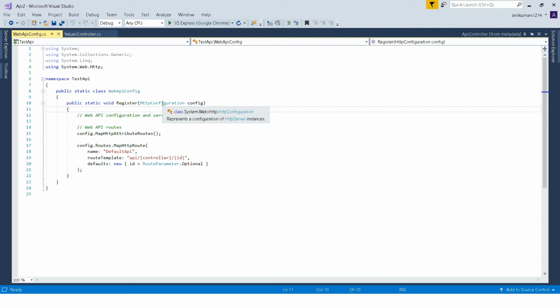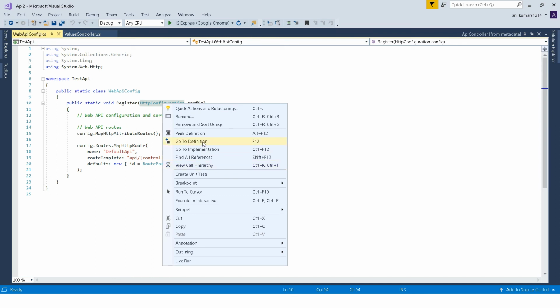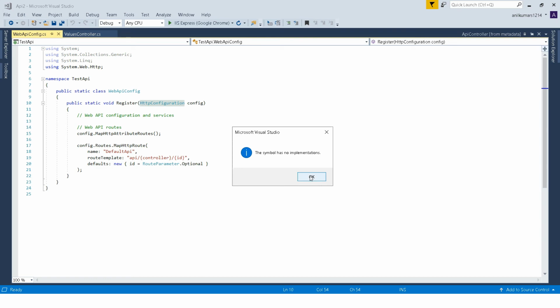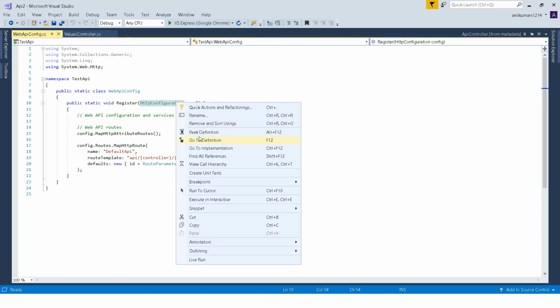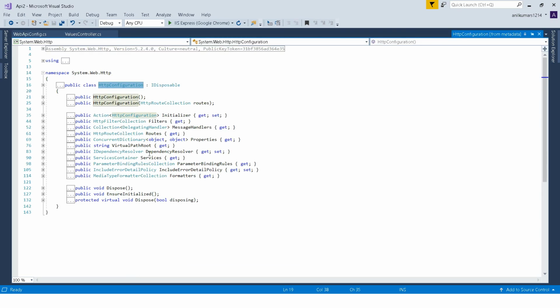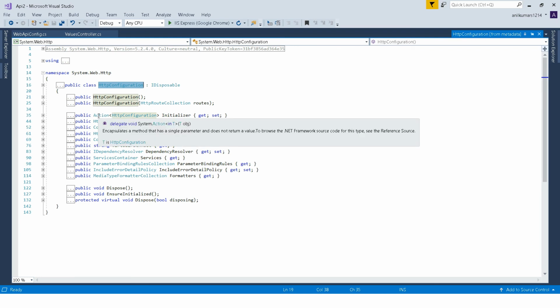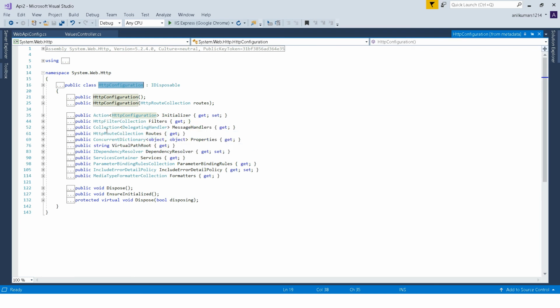Now you have HttpConfiguration, right? That HttpConfiguration will have different things. So these will be things like HttpRouteCollection, dependency resolver, services, parameter binding. These all can be configured here.